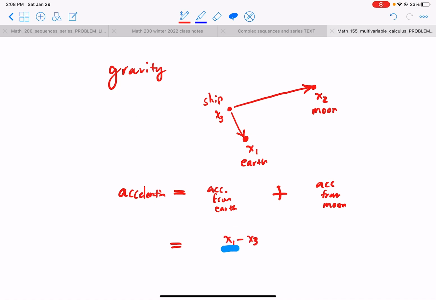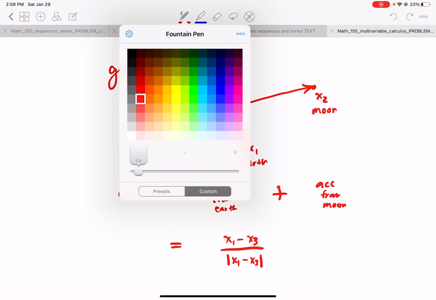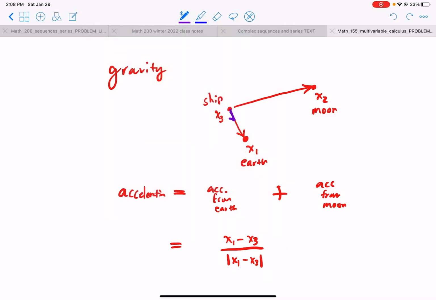And we might as well just make it a unit vector. So let's scale it down. Let's normalize. Now we have a unit vector pointing exactly in the direction of the acceleration that our spaceship will feel from the Earth. Okay? And so then what is this number? How big of an acceleration are we going to get from the Earth? Well, it'll be